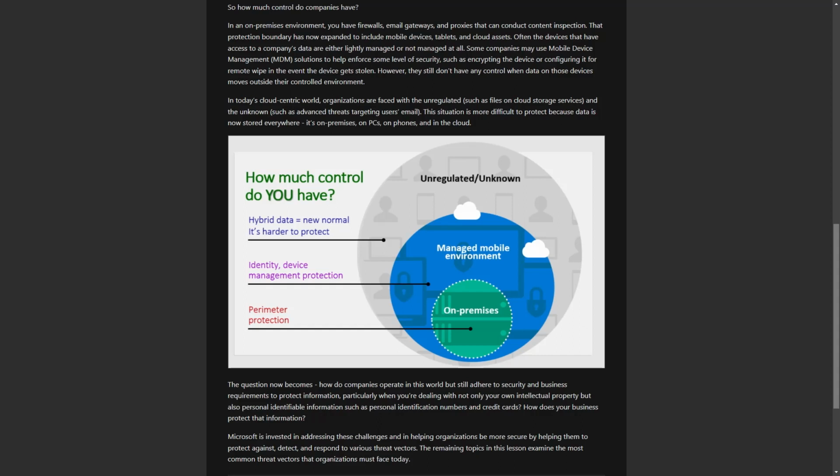This situation is more difficult to protect because data is now stored everywhere. It's on premises, on PCs, on phones, and in the cloud. Diagram that shows how much control companies have over their data. The question now becomes, how do companies operate in this world but still adhere to security and business requirements to